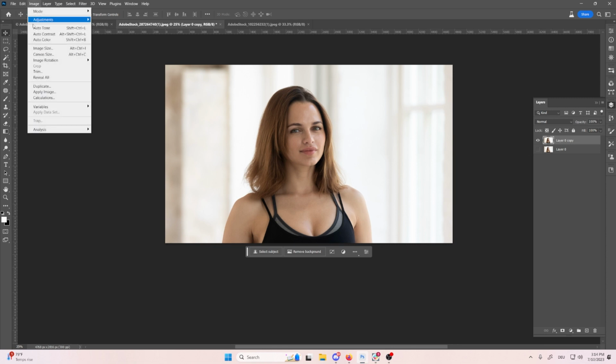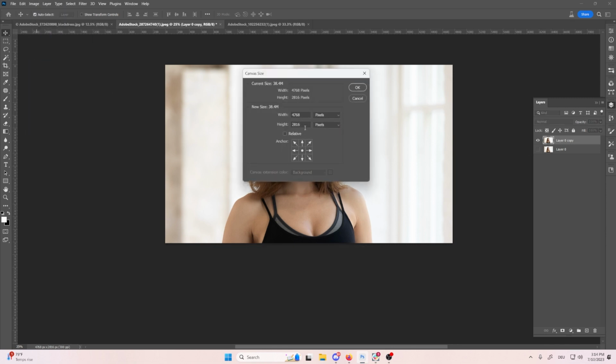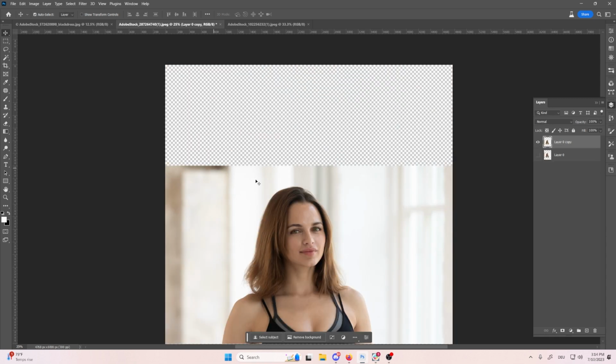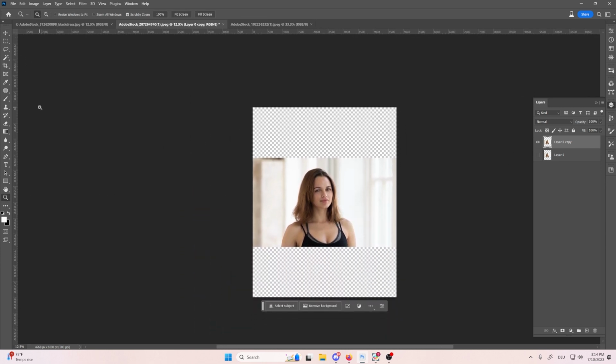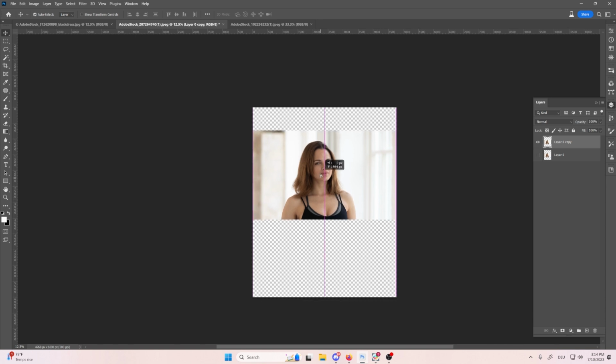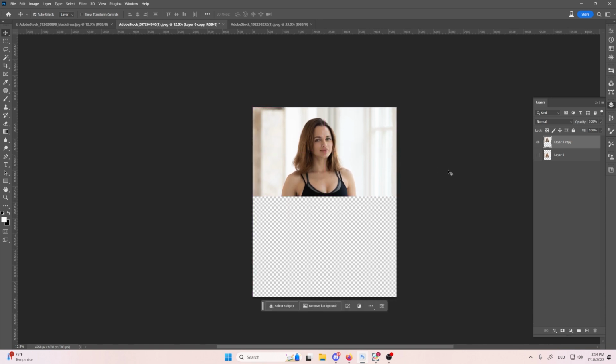We're going to just go up here to canvas size, going to go to inches, and I'm just going to put in maybe 20 inches. All right. Just going to zoom out real quick. And we are going to just drag her up here. Now, whether this works or not, I don't know, but we are playing around. And